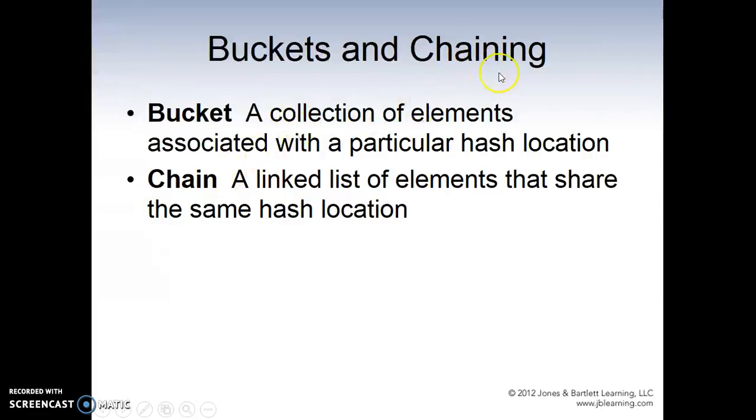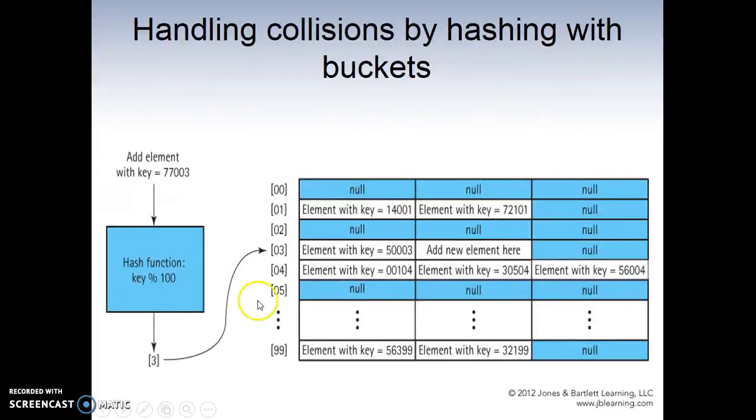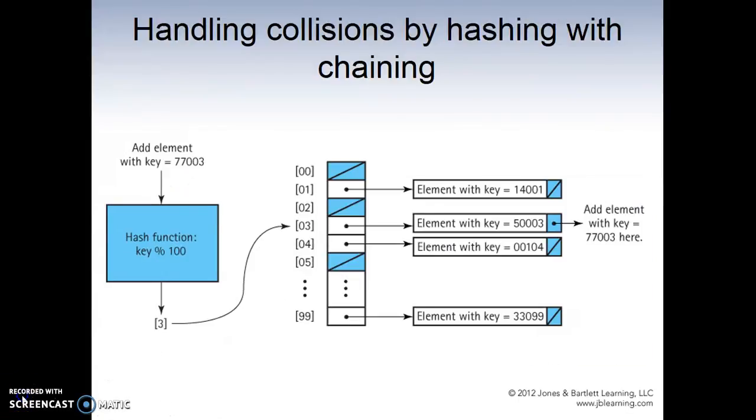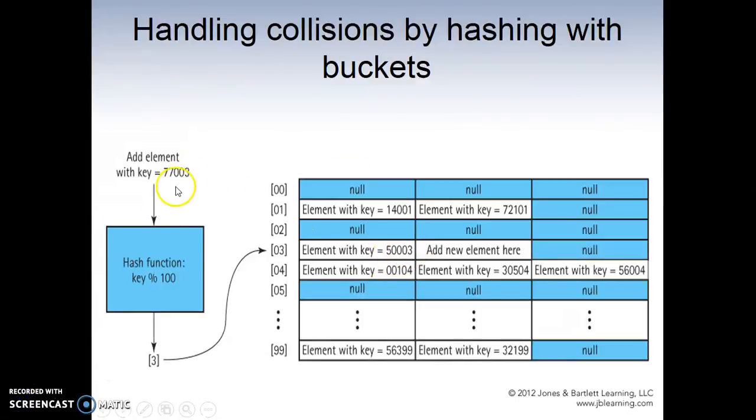We also have buckets and chaining. A bucket is a collection of elements associated with a particular hash location. So we create a bucket and push into the bucket, like pushing into a stack, instead of doing linear probing. A chain is a linked list of elements that share the same hash location. So look at this, 77,003. We have 50,003. We can